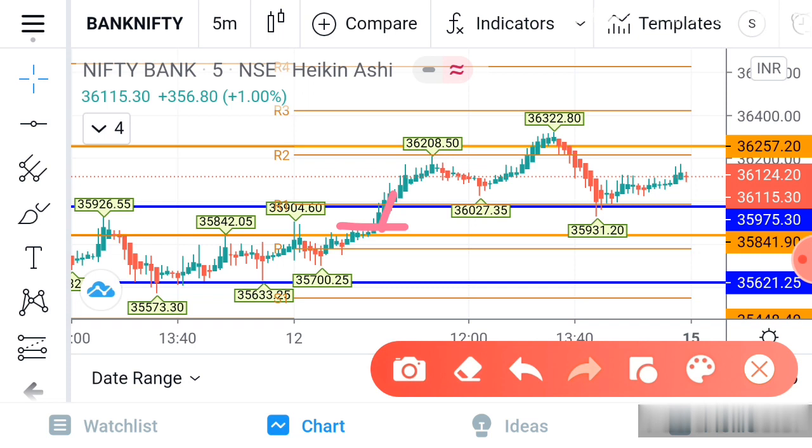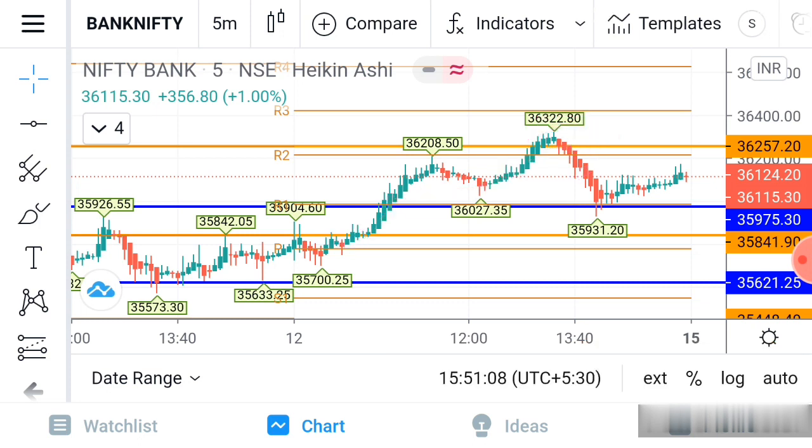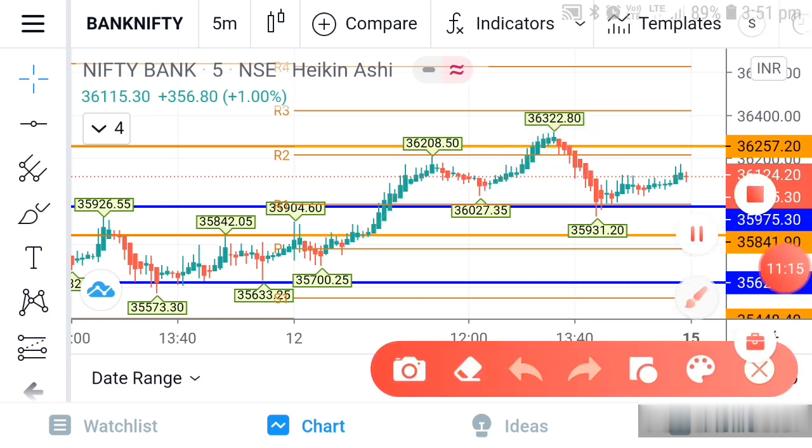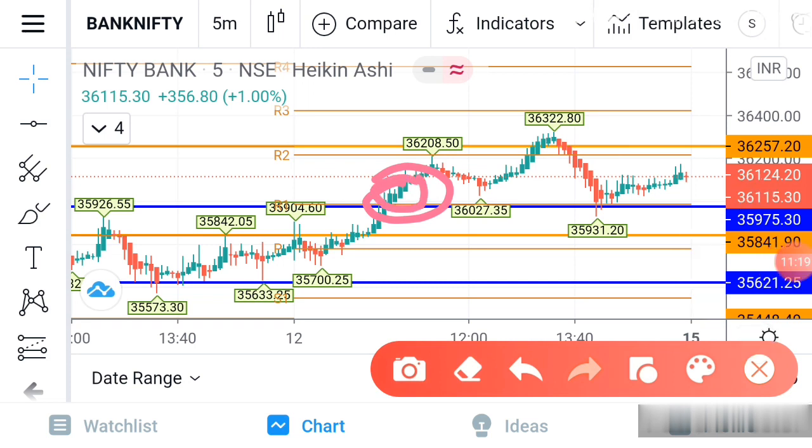If you see exactly here, this area the candle has already crossed. So then we can wait also. Then the next target will be here. Once one level is broken, normally Bank Nifty will go to the next level, and you can see exactly it is going to the next level. Here also you can see this is a support resistance breakout, and 2 proper candles have to form. Here you can see 2 proper candles are formed. So if you take an entry here also, your target will be this area. And exactly you can see Bank Nifty was going to that point.